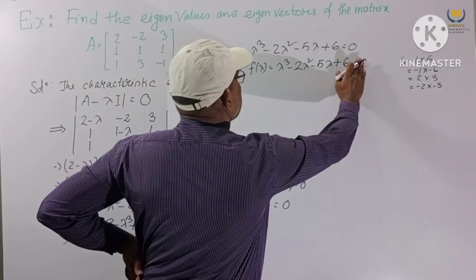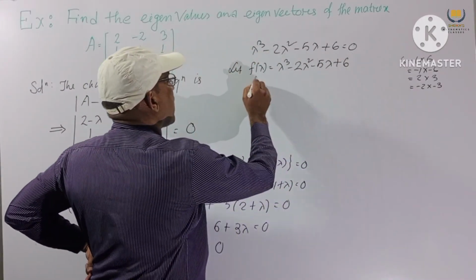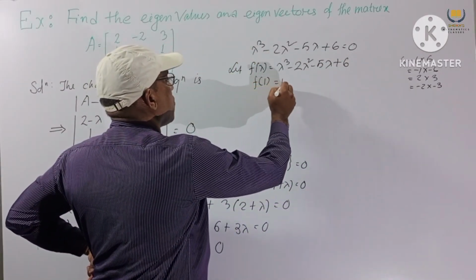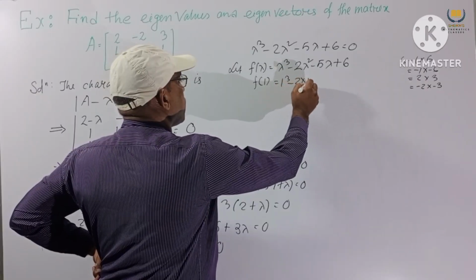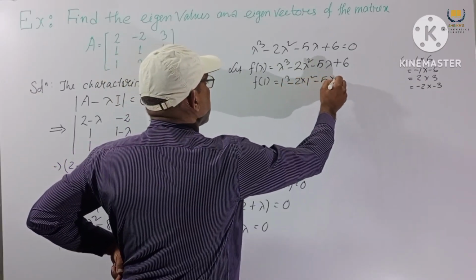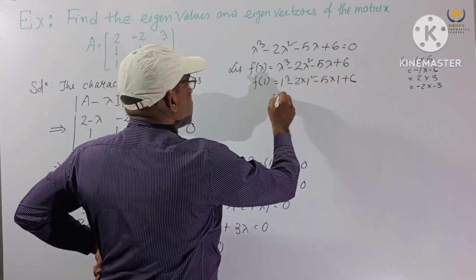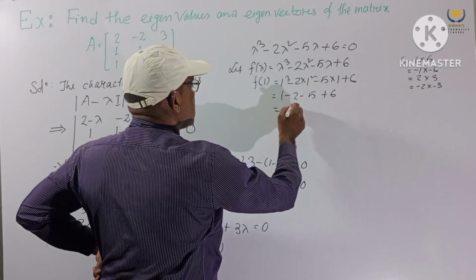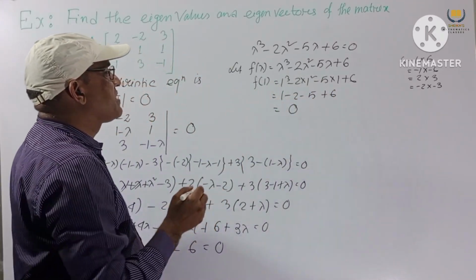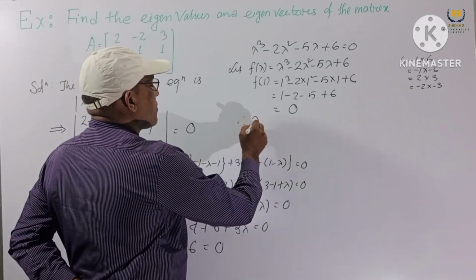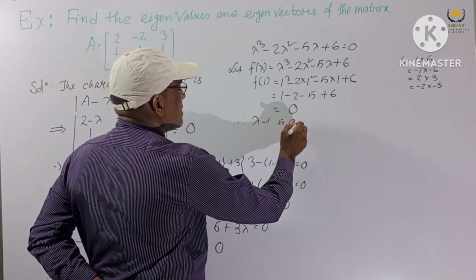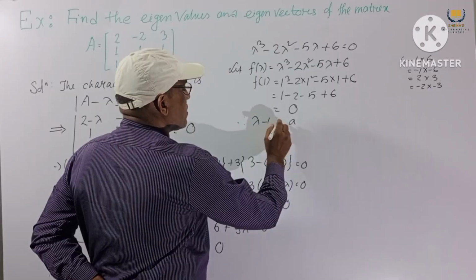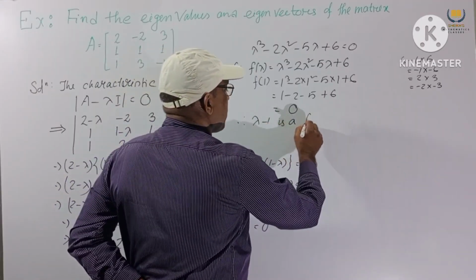So we consider 1. First we put 1 cube minus 2 into 1 square minus 5 into 1 plus 6, that is 1 minus 2 minus 5 plus 6, which is 0. This is 0, which means lambda minus 1 is a factor